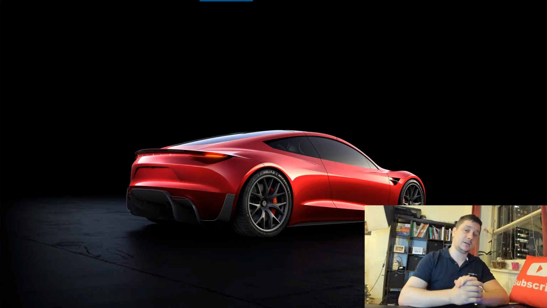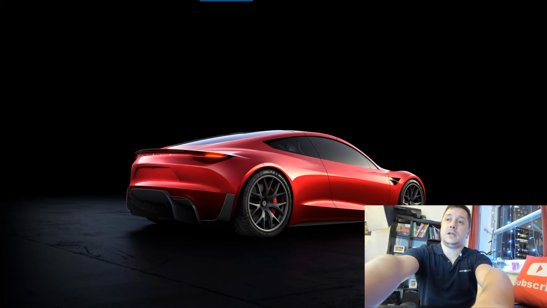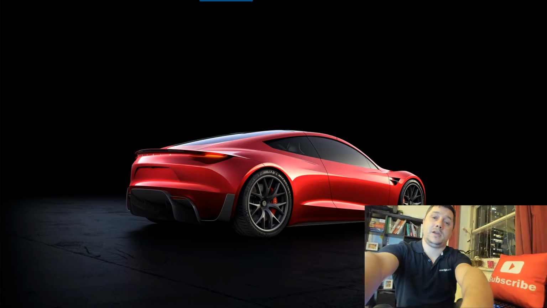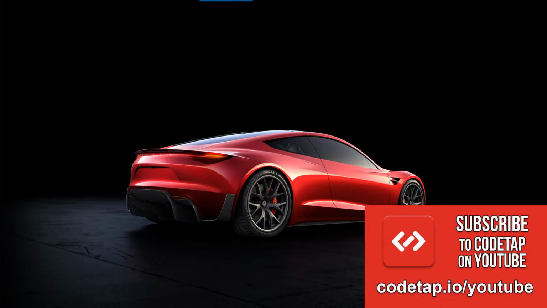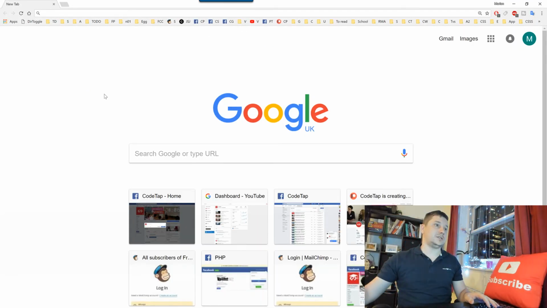So far we've done lots of CSS3 and HTML5, so I thought it's a good idea to take a break and do some JavaScript and other things too. Maybe some Photoshop, I don't know. Let's have some fun. So today we are starting a new series of solving a challenge, and this is about